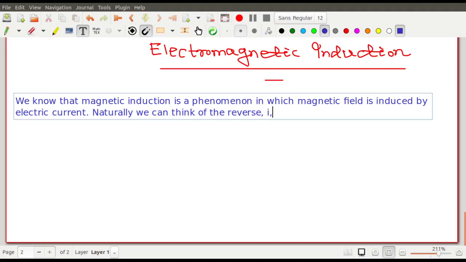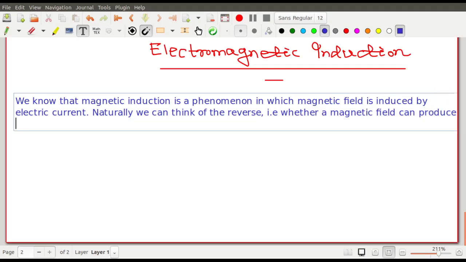Can a magnetic field produce an electric current? Magnetic field can produce electric current, and indeed yes, it is being done. Finally, Faraday, from his experiments, has shown that whenever a magnetic flux